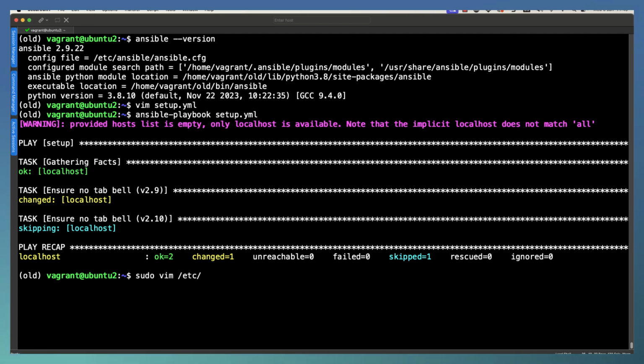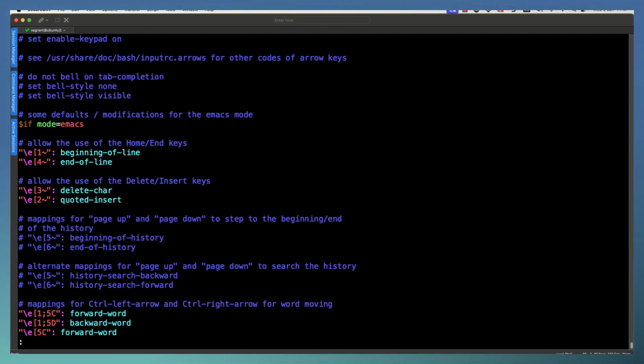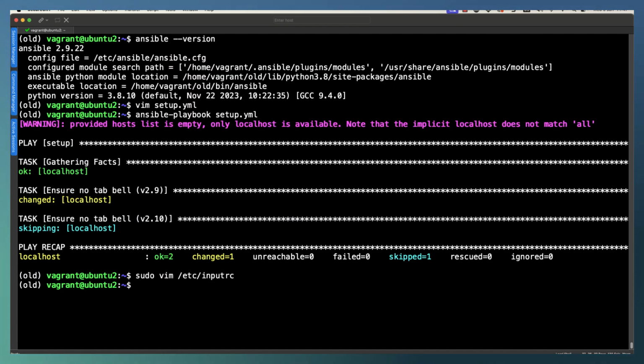And when we take a look at our file, /etc/inputrc, we can see there we've got the set bell style null. And that's what we want, so it has added it, and it's added it after the comments. Well, let's delete it and double check that it is working for us when we execute it inside of our main environment.